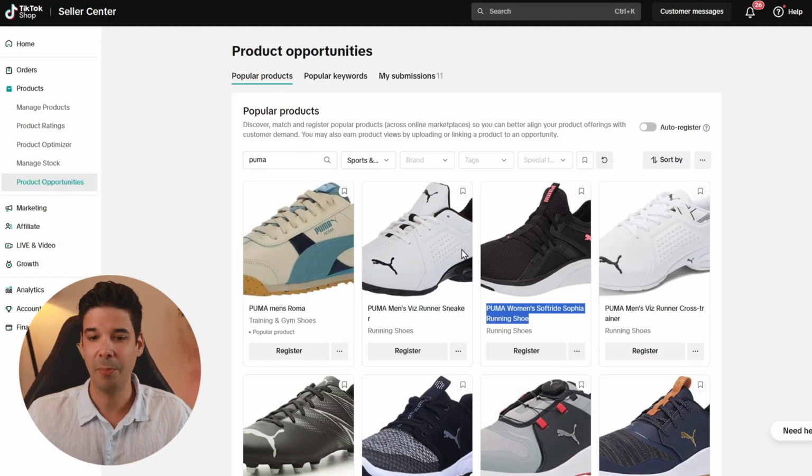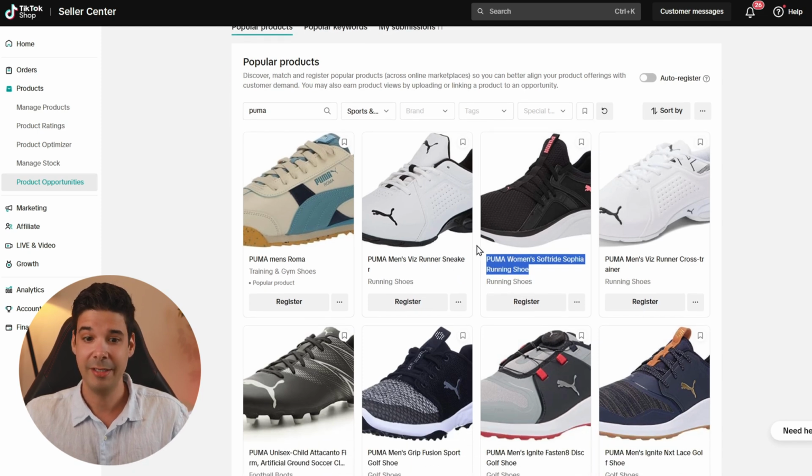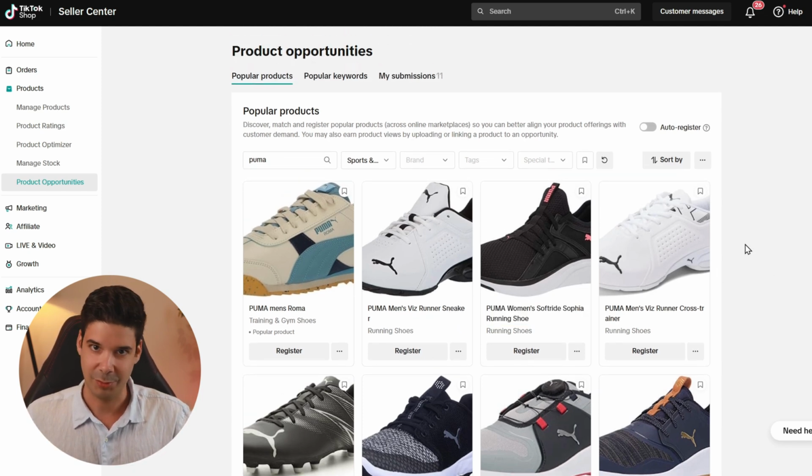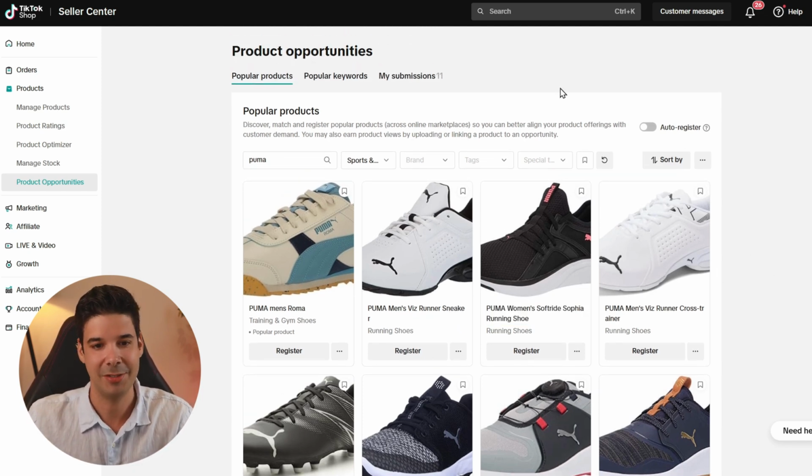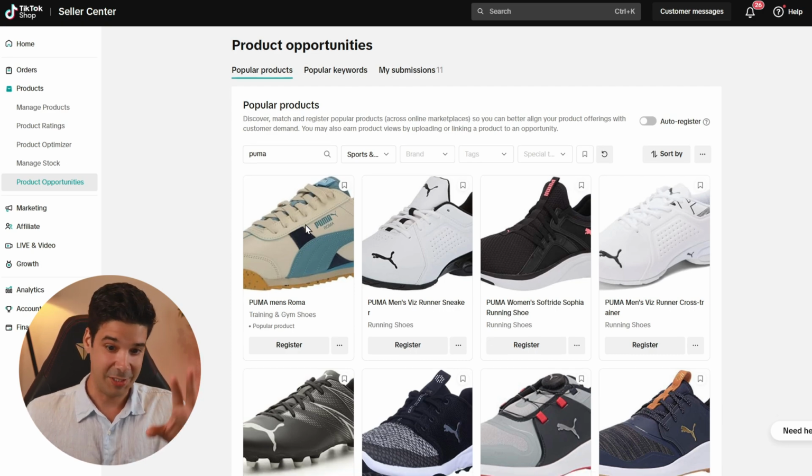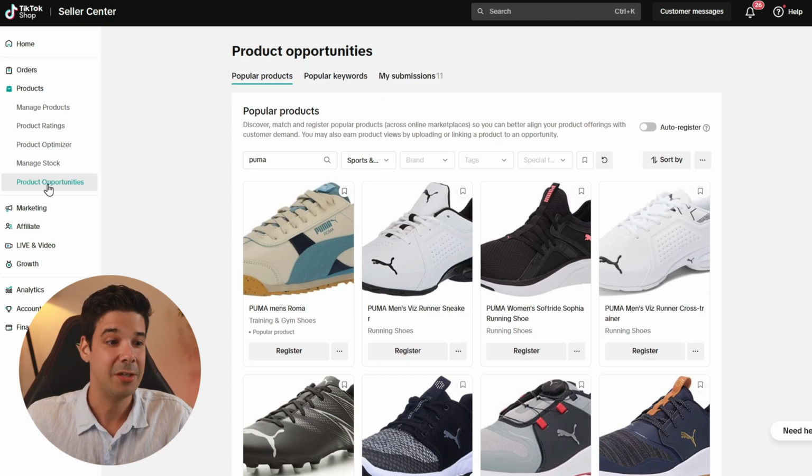But they are copying things every day from Amazon. Every day, new things that are extremely similar to Amazon. So I think that this product opportunities feature here is their way to try to mimic Amazon even more. And I'm not only saying that because of this actual tool here, because inside of product opportunities, there's actually